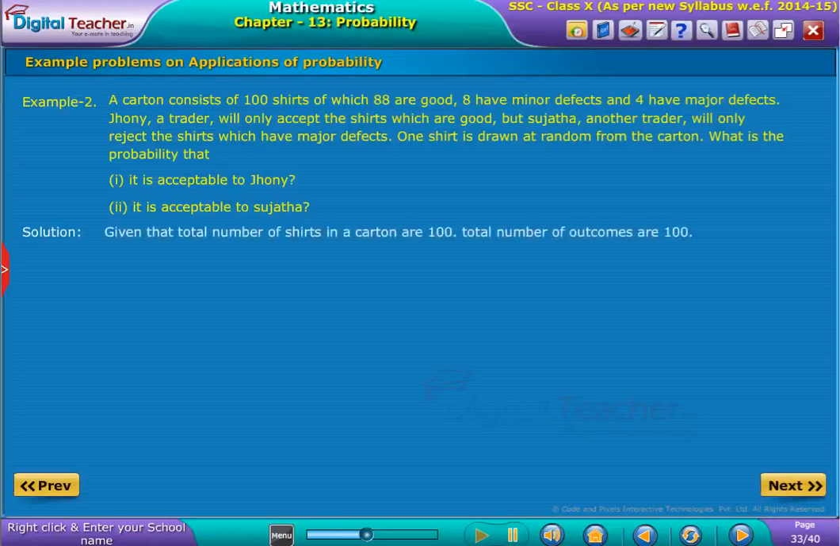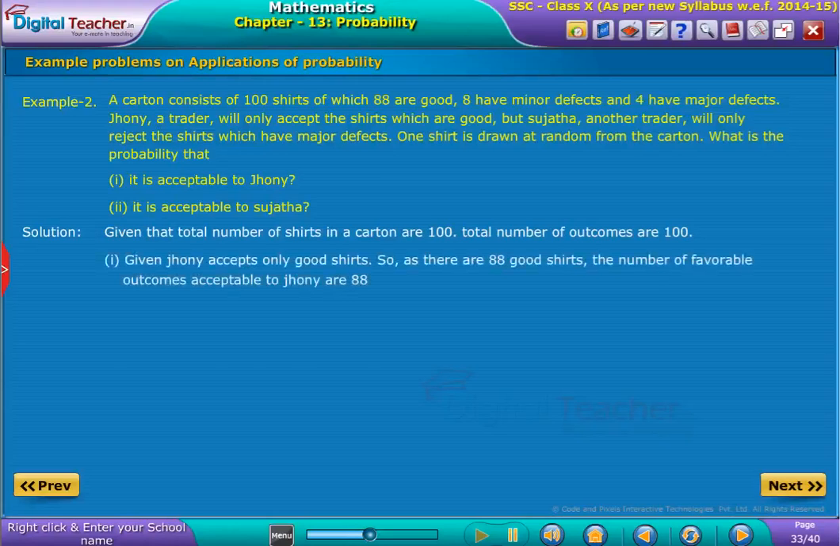Solution: given that the total number of shirts in a carton is 100, therefore the total number of outcomes is 100. Given that Johnny accepts only good shirts, and as there are 88 good shirts, the number of favorable outcomes acceptable to Johnny is 88. Therefore, the probability of a shirt acceptable to Johnny is 88 by 100, which is equal to